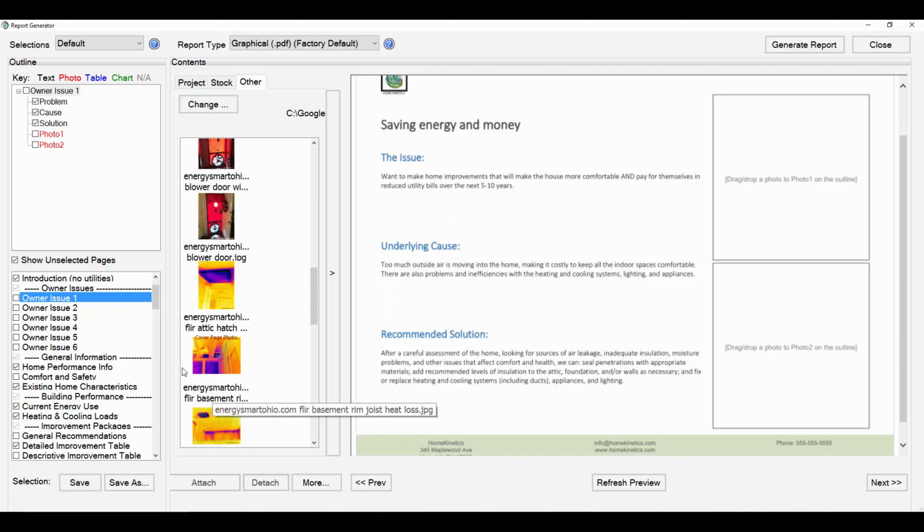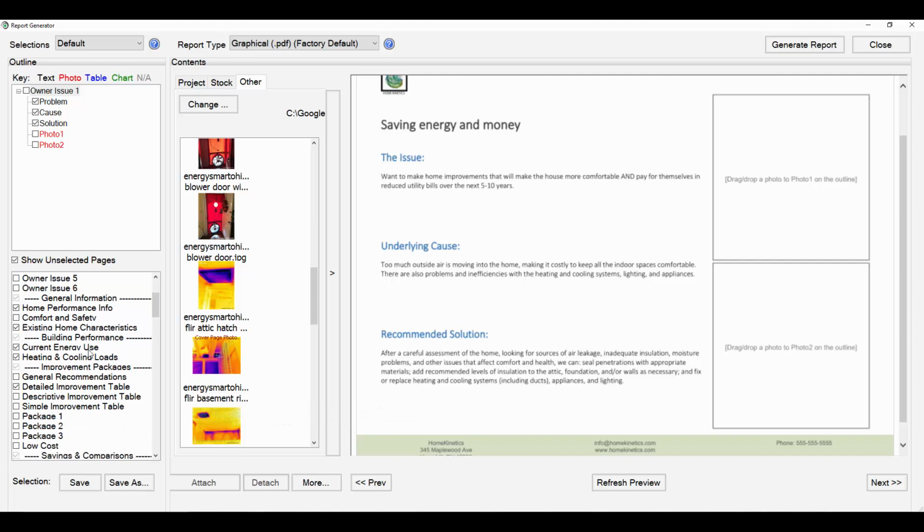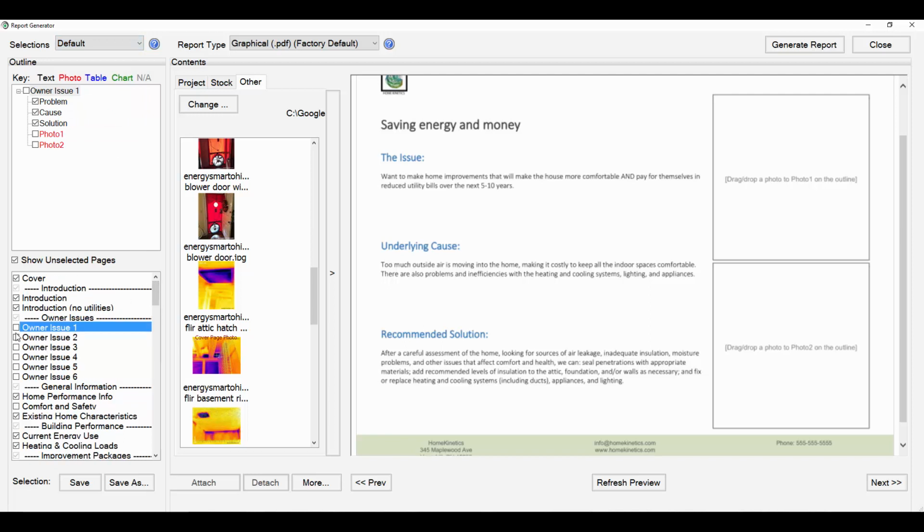And then you can add photos there, or you can have a more typical audit report where you're going through describing the things that you tested and the results of those tests in a little more technical terminology. That's the default way. We do have selections here delivered by default with a report where you can switch on that homeowner concerns focused report. So these pages are on by default. You can include those as well. You can include all the pages at once just by checking them. Say, yes, I do want to include that, and I'm going to go ahead and add